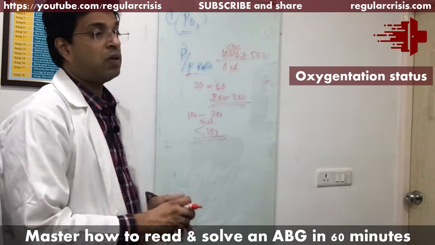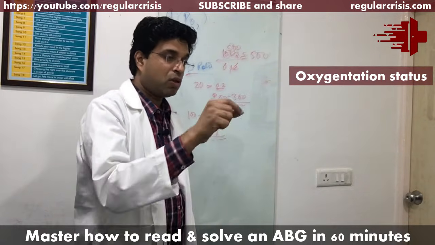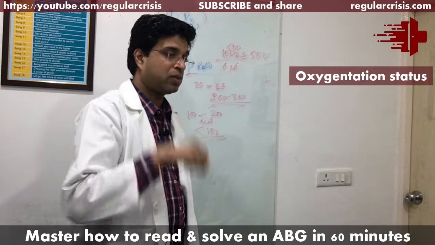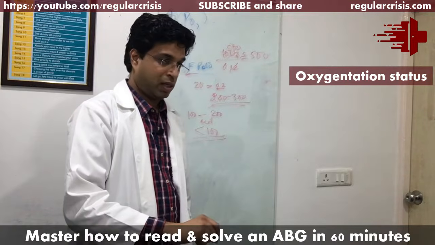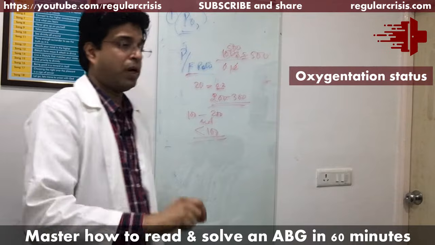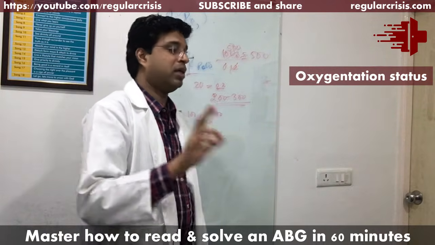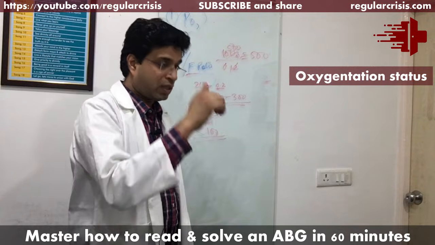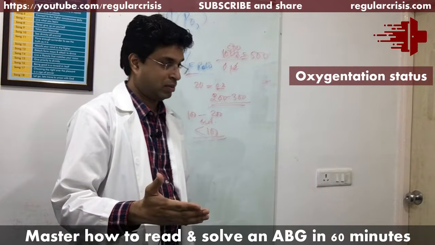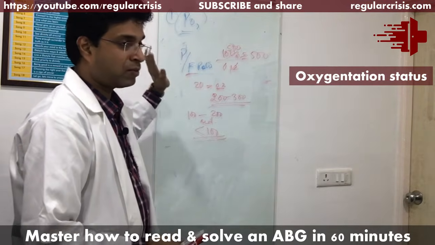But PF ratio will give you an idea that there is some pathology in the body which is not allowing the oxygen we are giving to pass into the blood. Either it could be the lung or it could be outside the lung. You need to find out whether the lung is involved or not. Then you have to calculate the alveolar arterial gradient. So this will tell you whether the lungs are normal or abnormal. Got your point? Clear? PF ratio is nothing but PO2 over FiO2.